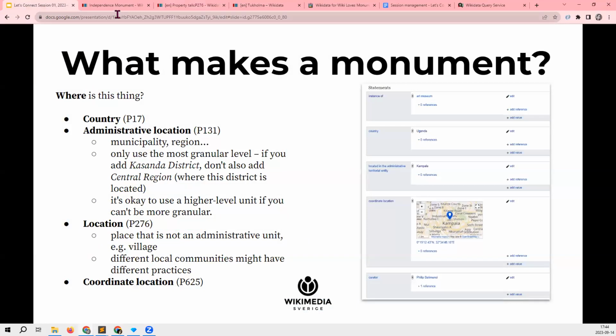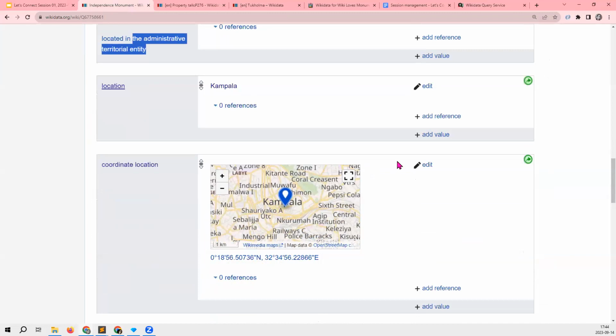And then, of course, there is the coordinate location statement, which is very powerful because it makes it possible to find this item on the map.